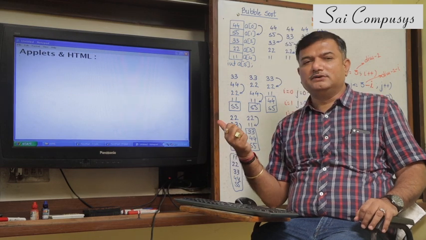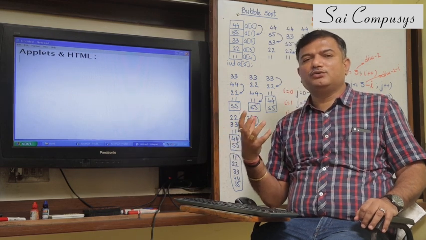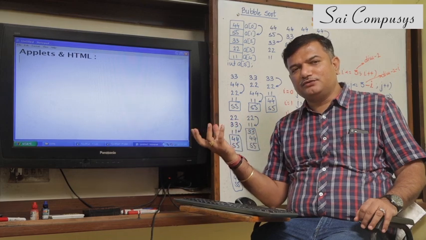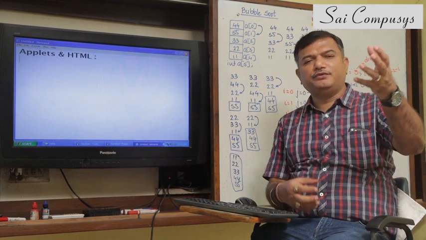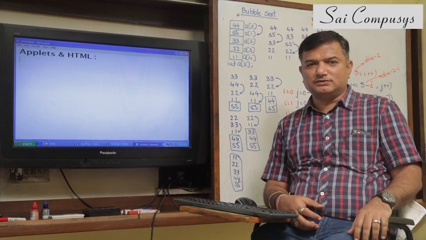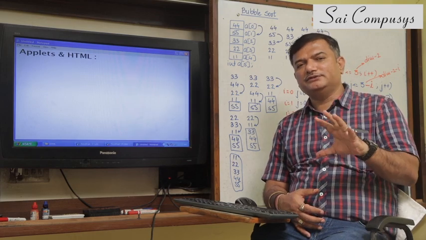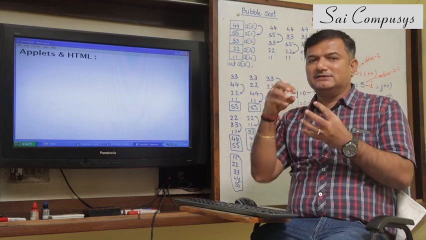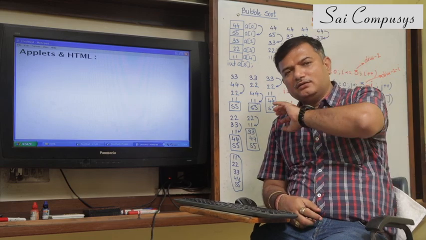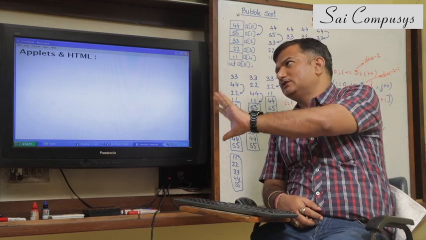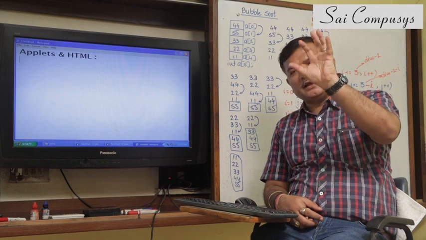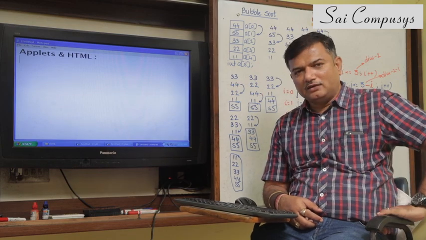You know about applets. Applets are programs which are going to be present on the web server and they'll be visible to everyone in the world through their web browsers. So what we are basically going to do is create web pages and embed this applet inside that web page, and then anyone who wishes to see my applet will open the web page and the applet will be visible on the web page.